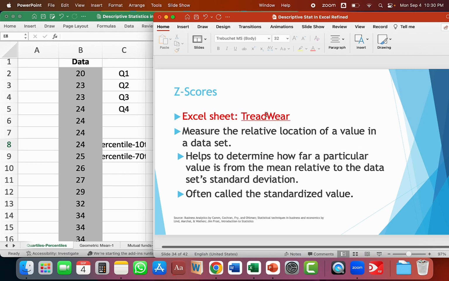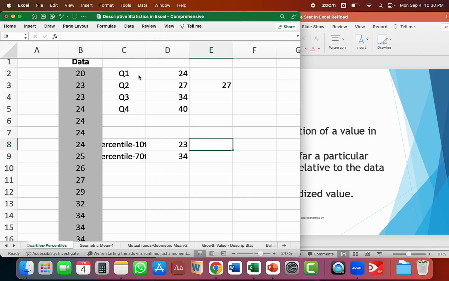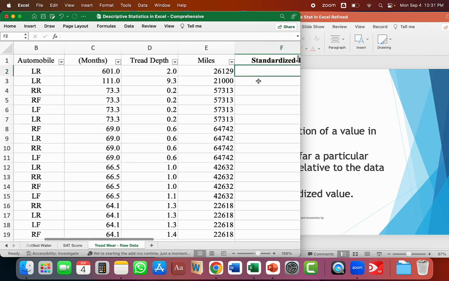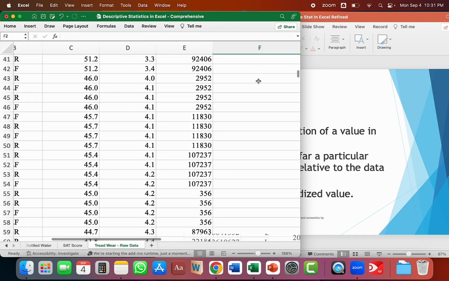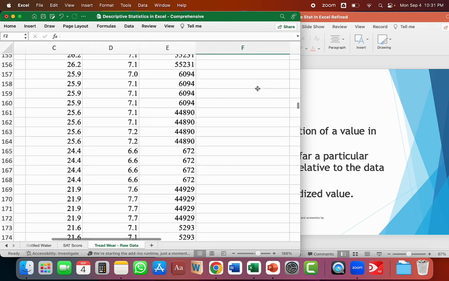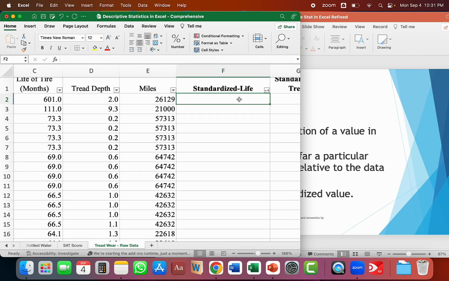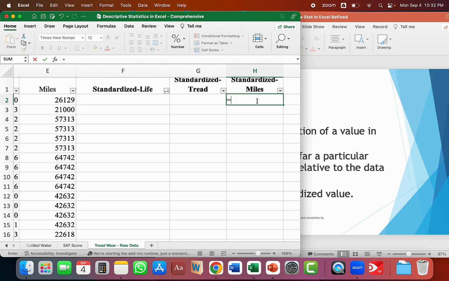Now for this one, let's use this data, TreadVS. Let's say we just pick one variable, miles. This requires mean and standard deviation, so let's first calculate mean and standard deviation. Mean and standard deviation have already been calculated here. To calculate standardized miles, I type standardize,